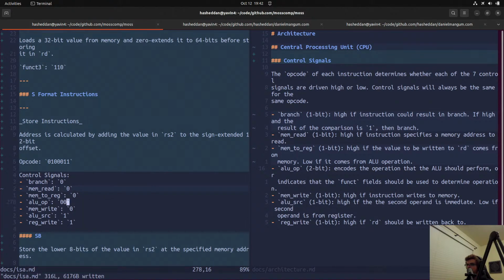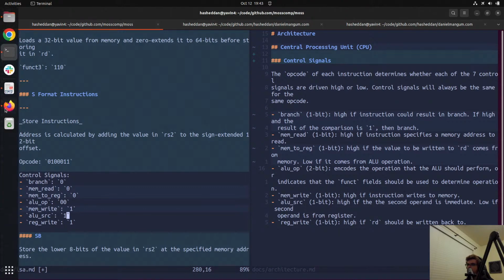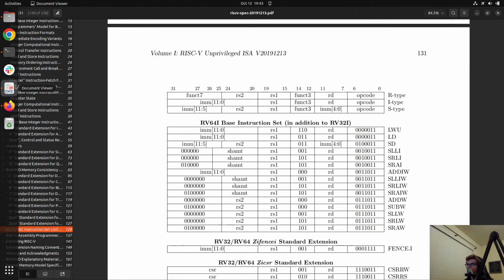ALU op remains 00 because we're getting that address to write to. Mem write, yes. ALU source. Second operand is from register. Second operand is RS2, but